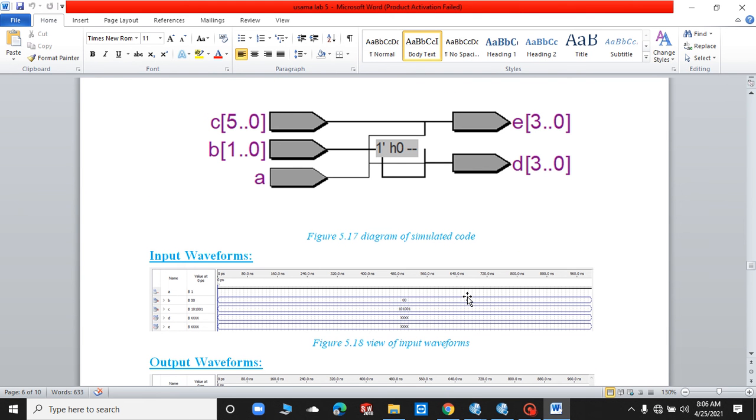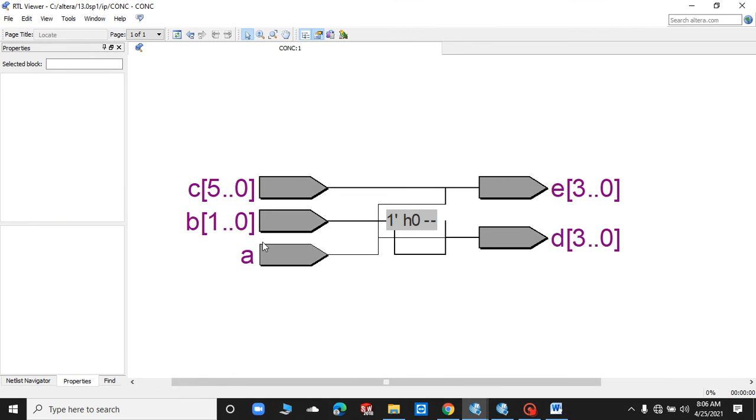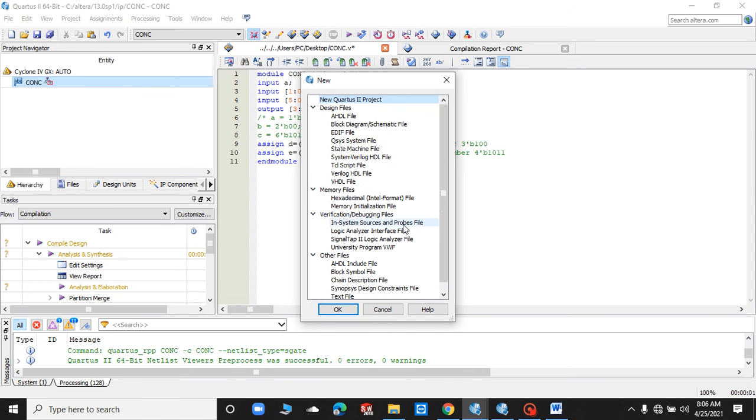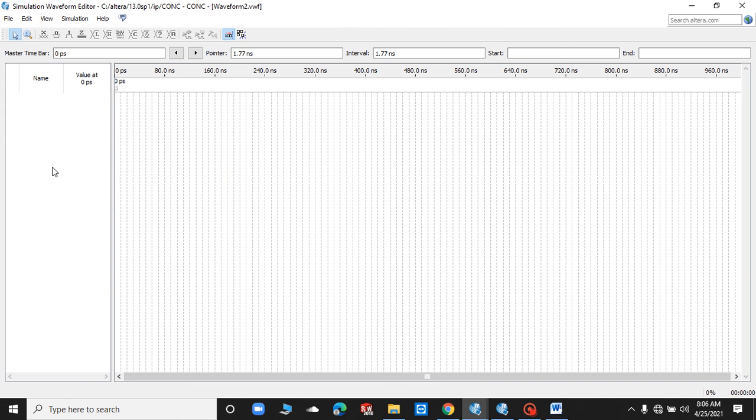Let me just change to the waveforms. This is the basic RTL viewer. Click on file, click on new, click on university program VWF, click on OK.